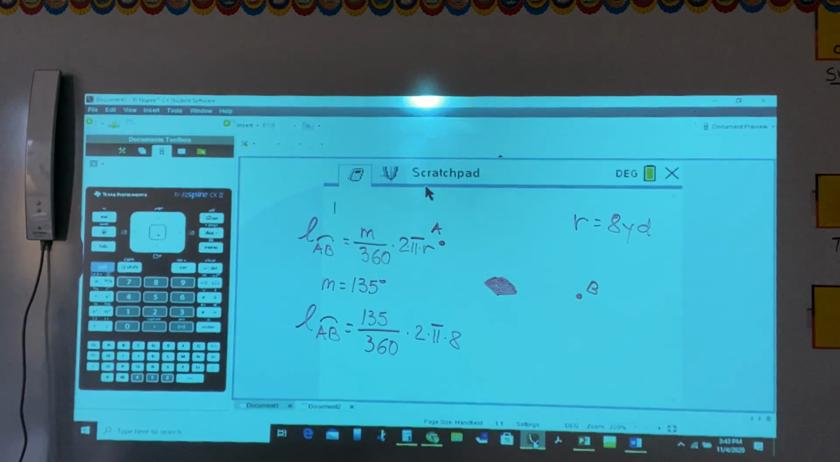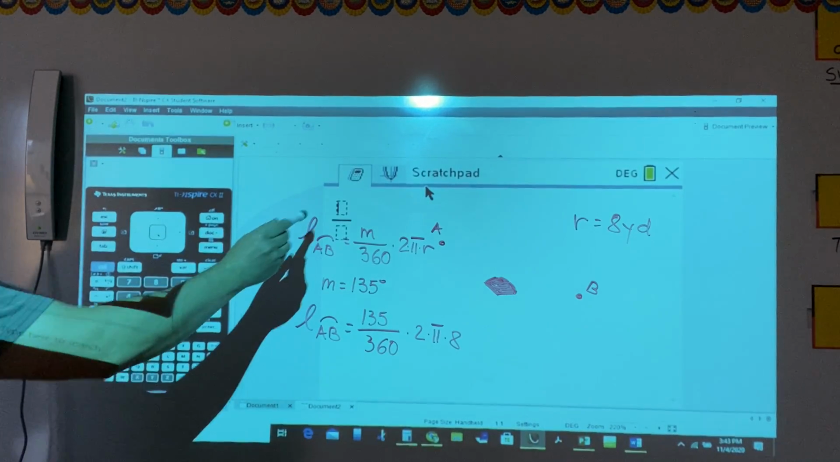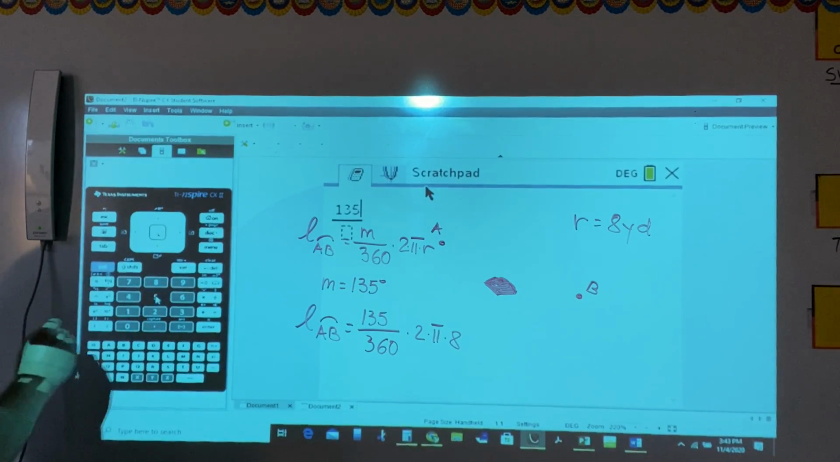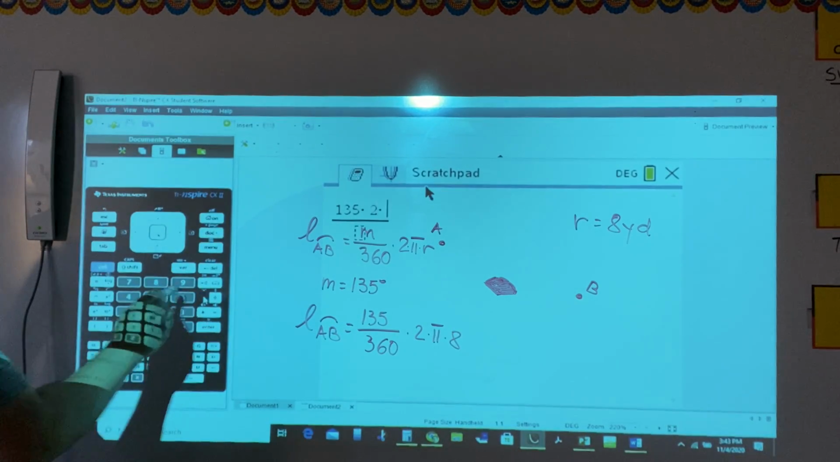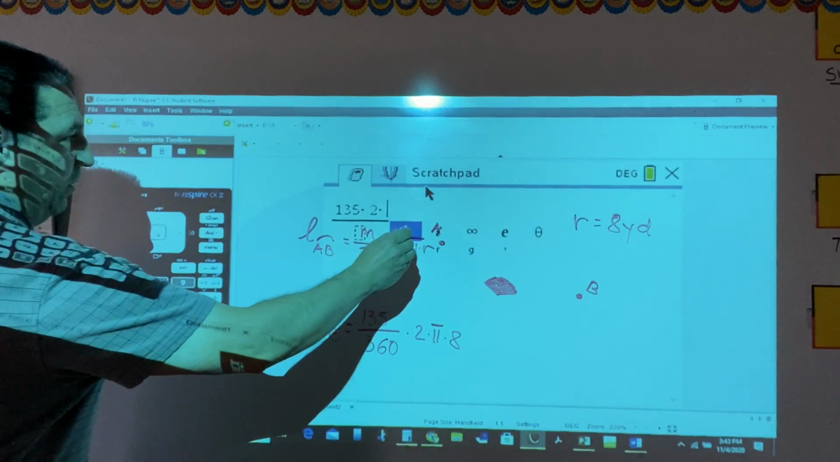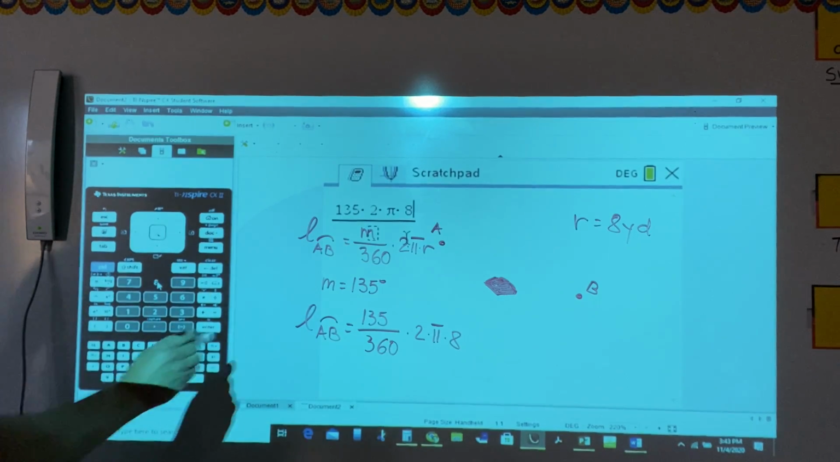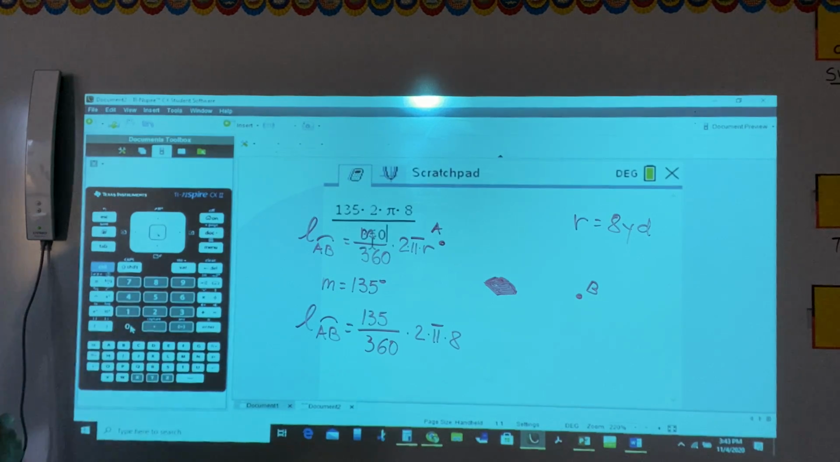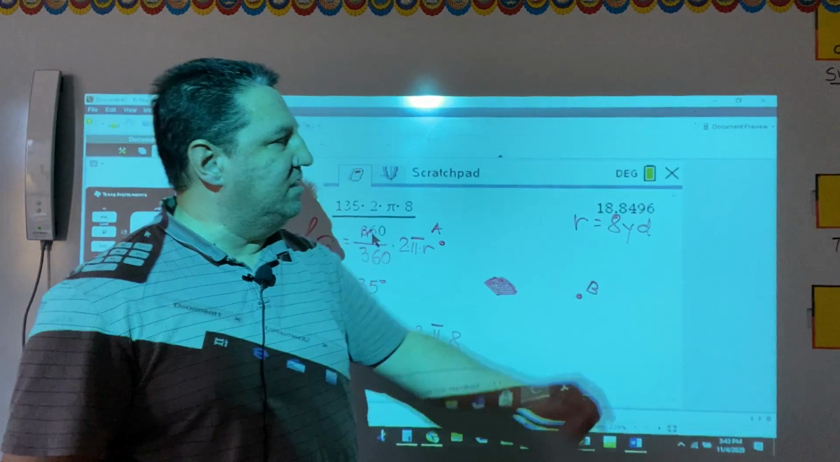Now, we plug in. So, on top, we put 135 times 2 times pi times 8, and the bottom is 360. And then you simply press enter. And we got 18.8496